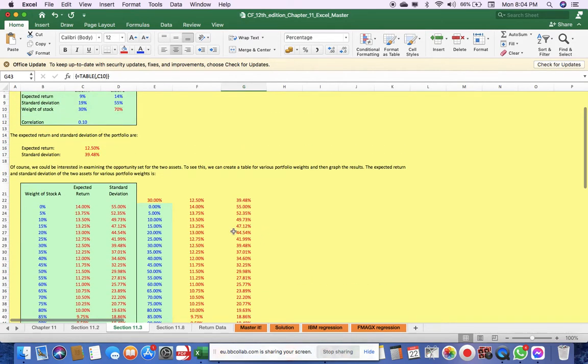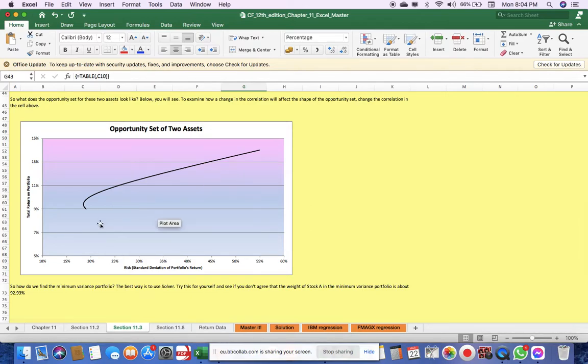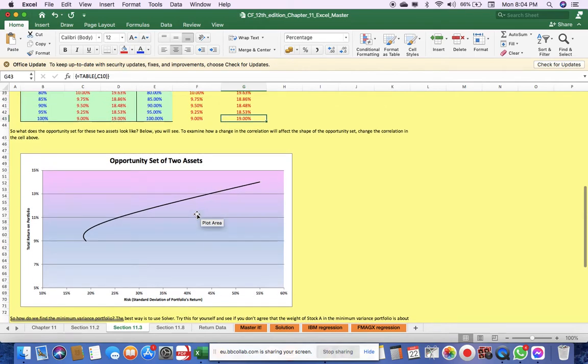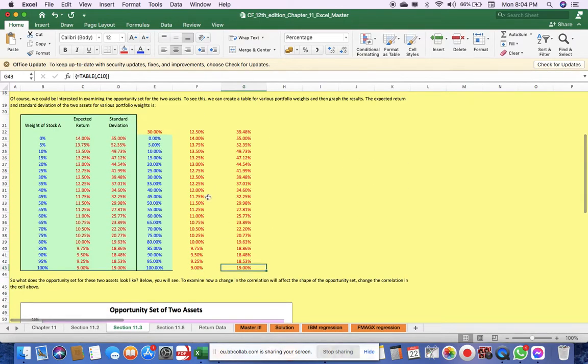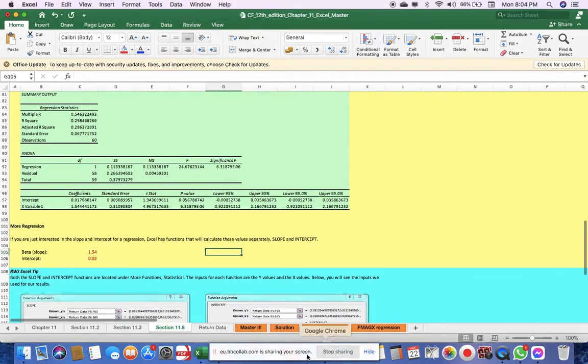Like the different for drawing the security frontline or the security frontier, you just use this, then it becomes very easier for you. Within seconds you can draw all these things through the data table. So next we will go for the regression.